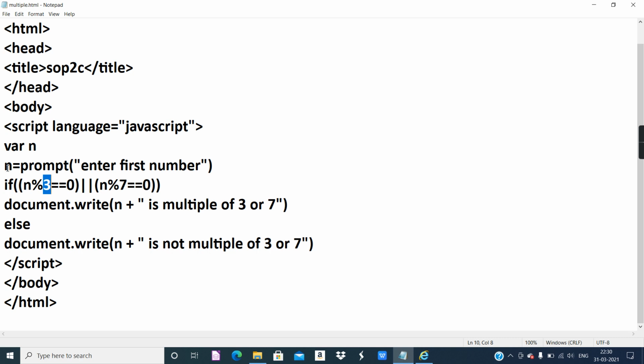So in this case, for example, my number was 21. I entered 21, so the value of n is 21. 21 divided by 3, the remainder will be 0. So my answer here will be 0. So 0 equal to 0. Yes, it is. That means the true part will be executed.